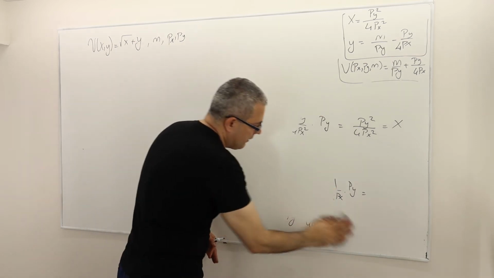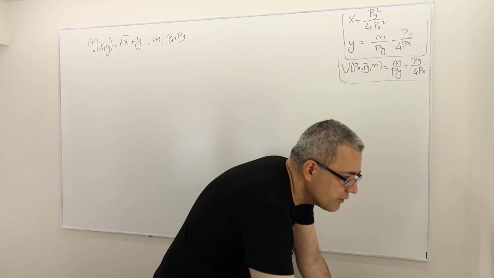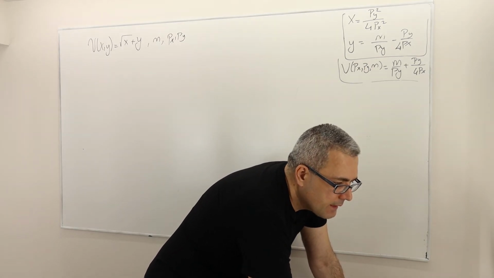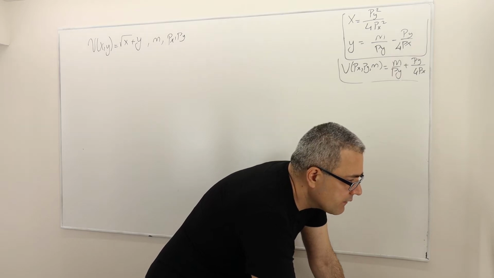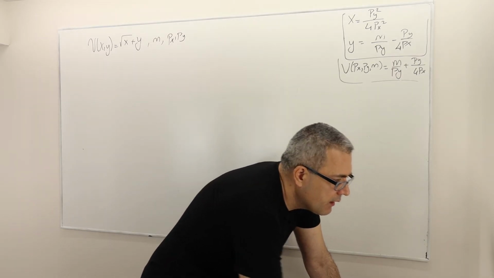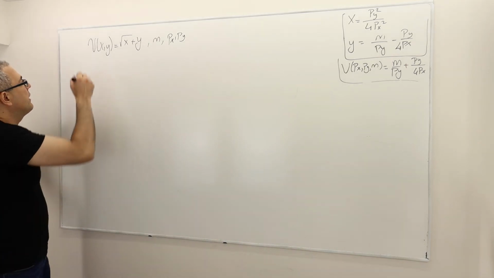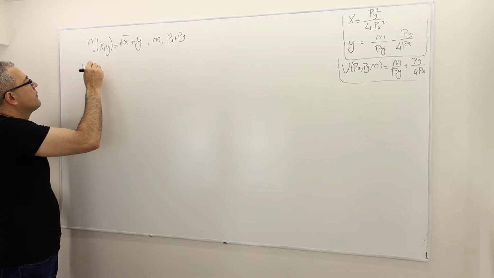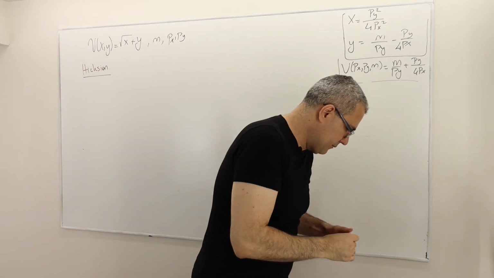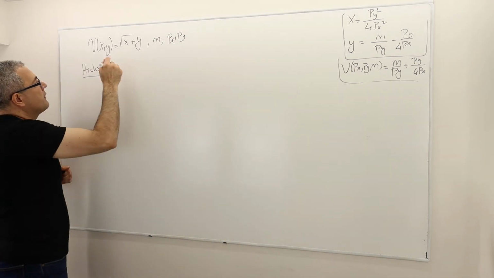All right. So the third part was, I believe, let me check, is find the Hicksian demand functions for good x and y. All right. Let's find the Hicksian demands. So the Hicksian demands for good x and y,